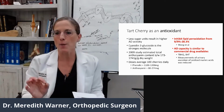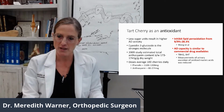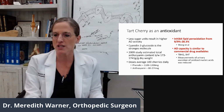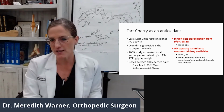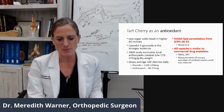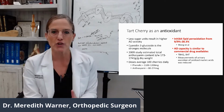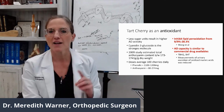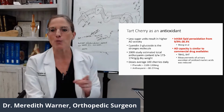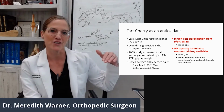The antioxidant capacity of tart cherry is similar to these commercially available substances. You probably never heard of these, BHT, TBHQ. BHT is butylated hydroxytoluene. This is something that the food industry puts into foods to preserve them so they last on the shelves. What are they preserving the foods against? Oxidative stress. So BHT pulls off free radicals that are formed over time as food sits on a shelf,